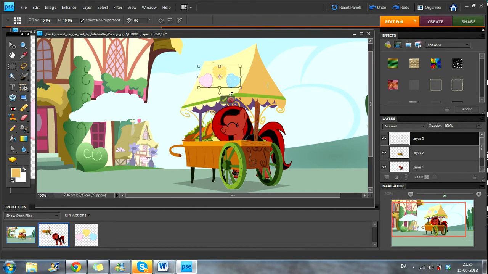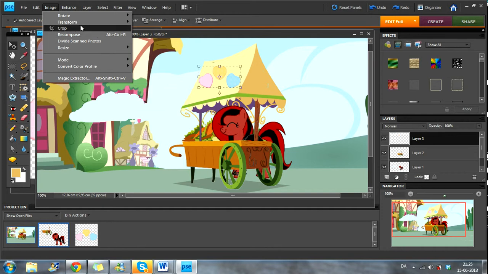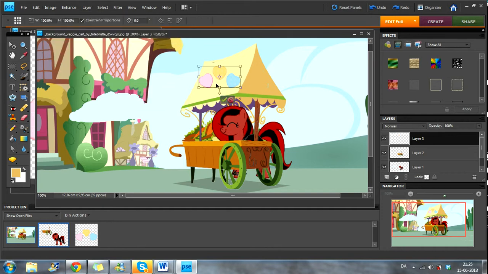It's not gonna look perfect because you need to change the perspective. Do it in image, transform, perspective. Then you do fancy stuff like this, and also